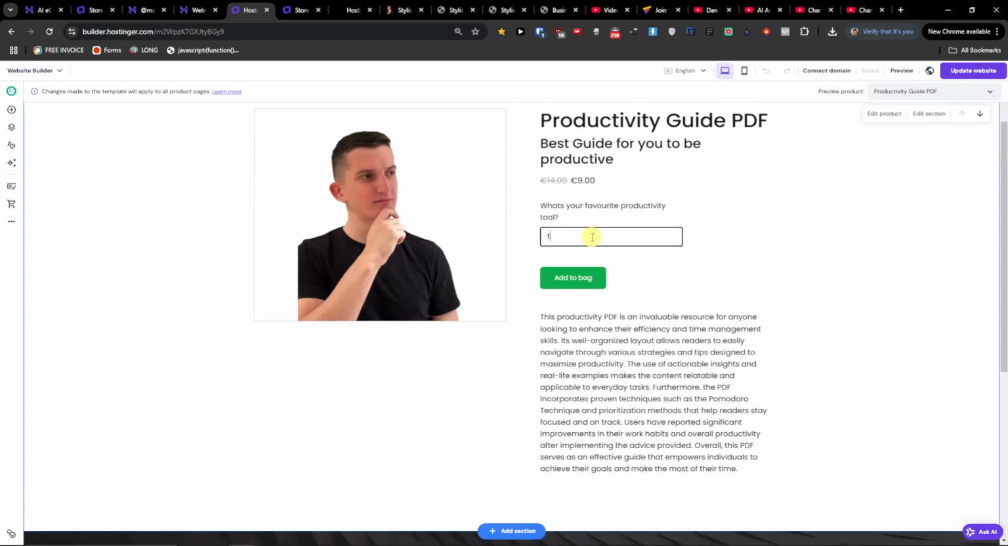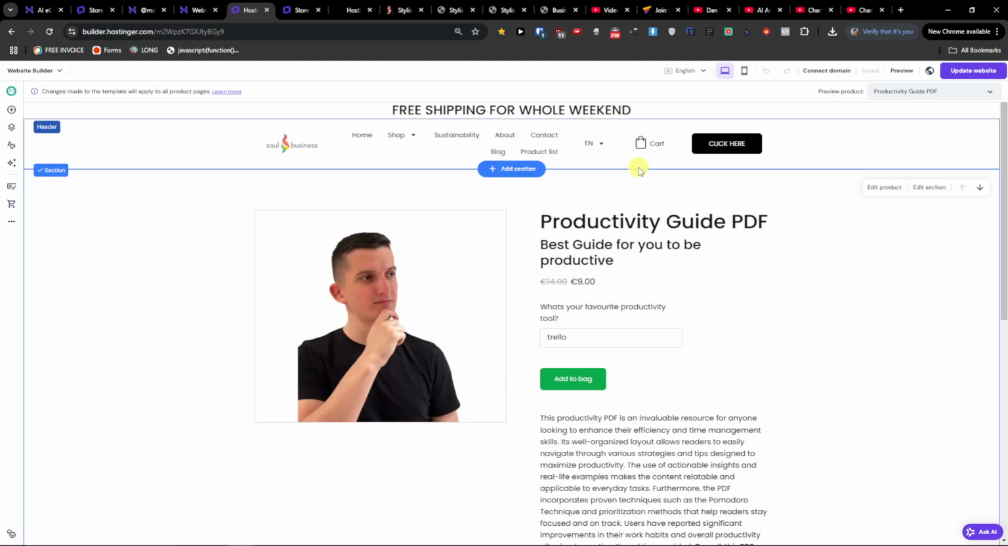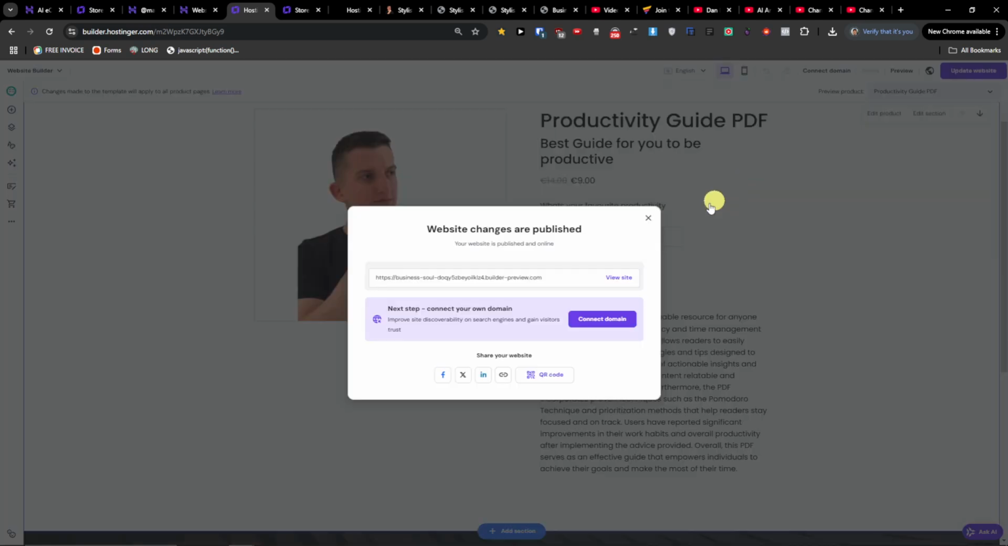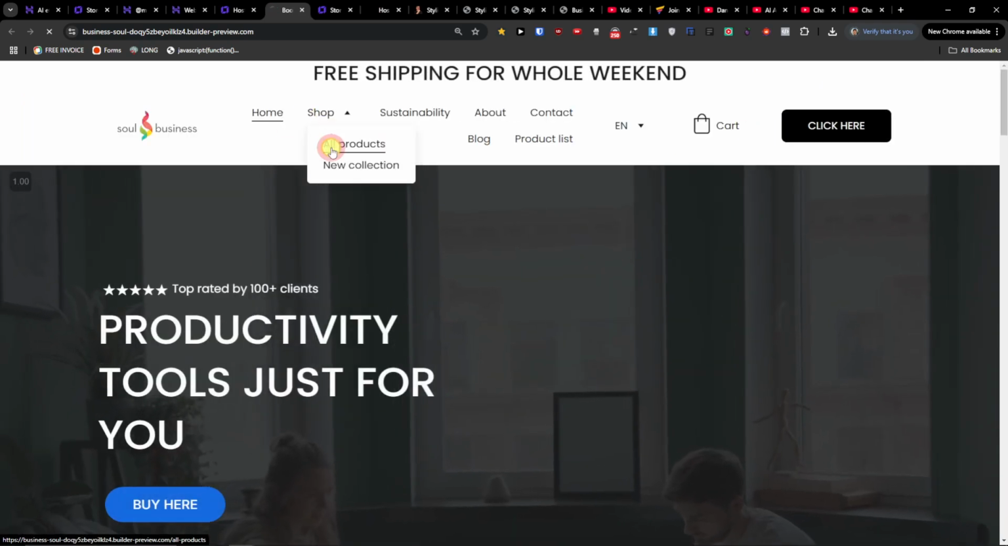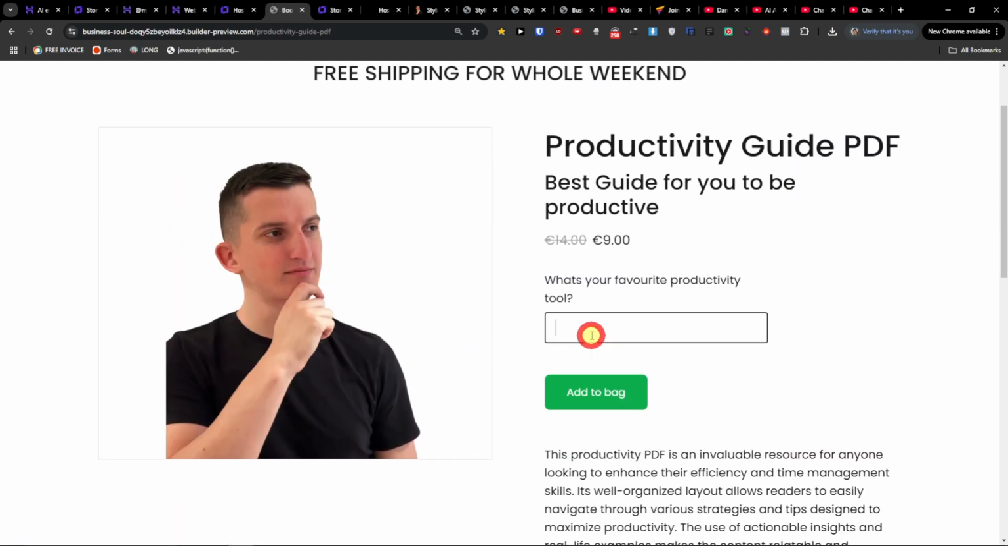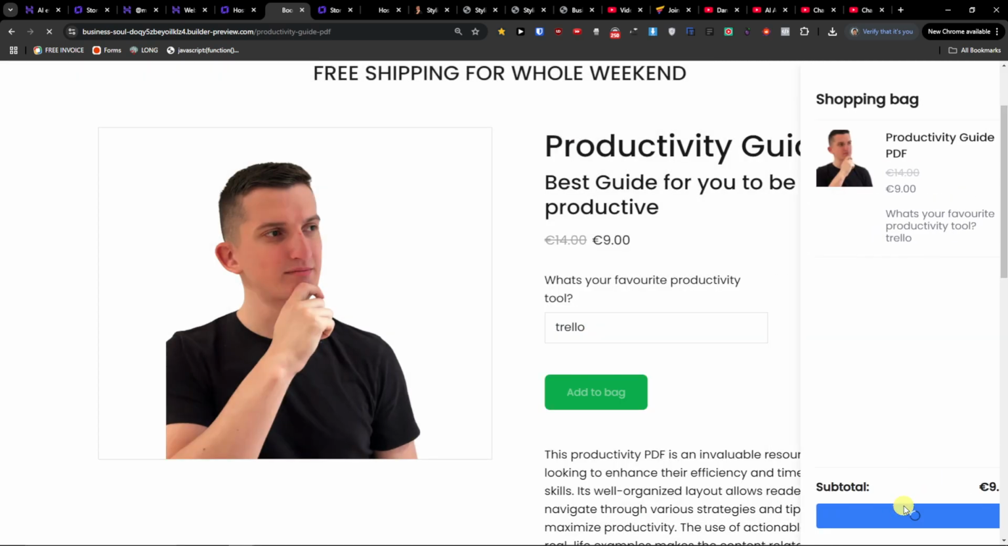What's your favorite productivity tool? I can go Trello, and I can click here add to bag, and we're going to find here, then you would see I need to first update the website. Give me a second, I will show you the whole process. So view site, first all products, and I'm going to click here Trello, add to bag, checkout,